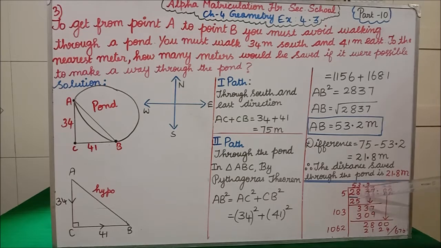Then forget about this first 5. If you write 1 here, then here also you have to write 1. But I have written 3, so I have written the same 3 here. So 3 into 103 is 309. Clear? Then afterwards I subtracted, and I got 28. Then afterwards there is no number here, so I keep a decimal point and write 20.